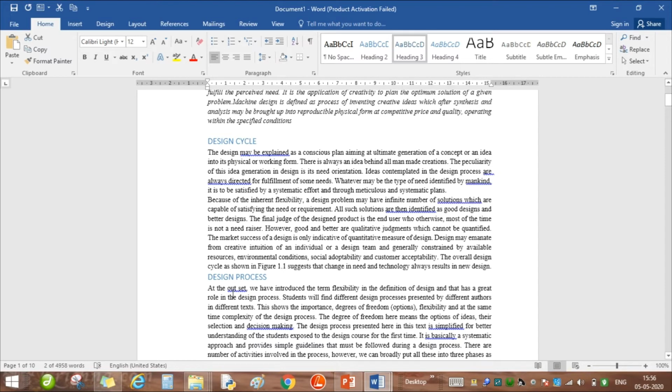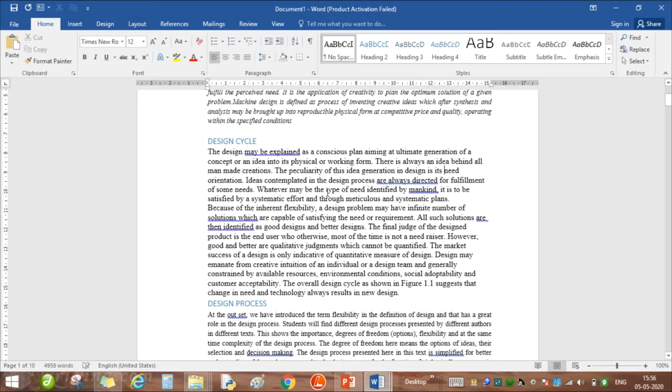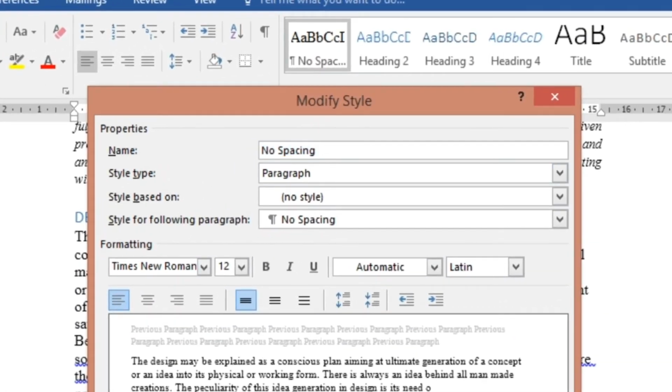Suppose I want to change these styles as now they are quite cluttered here, and this particular paragraph is of No Spacing, for example. Then this will be changed like this. It will take the default font that we have set in the style. This also I can change. Suppose I want to make this No Spacing paragraph in the way that we want it to be visible, then we can right click this again.